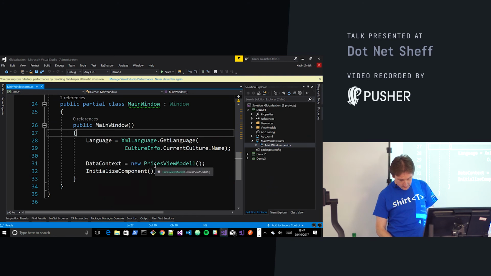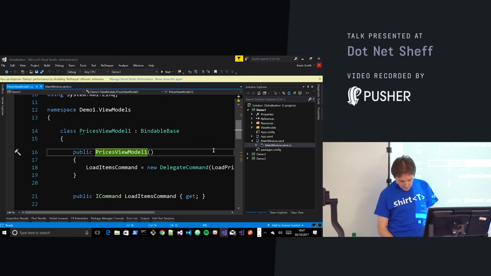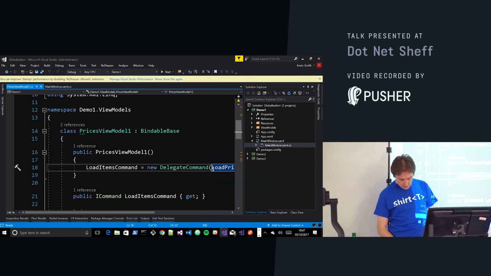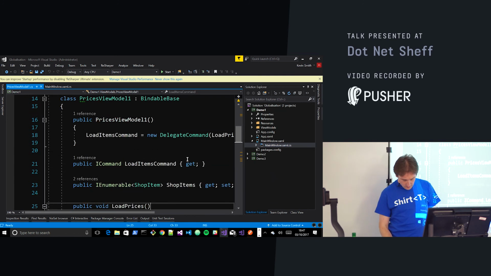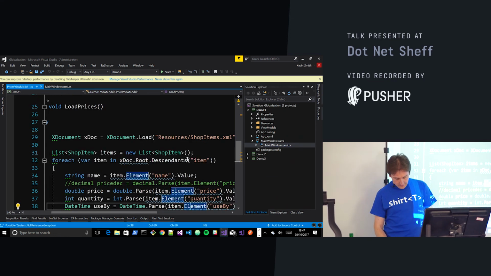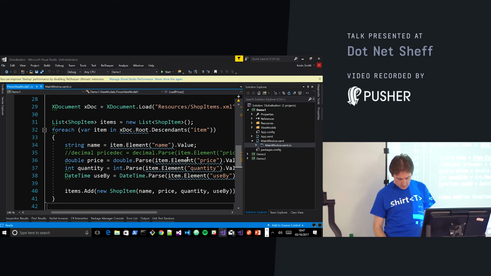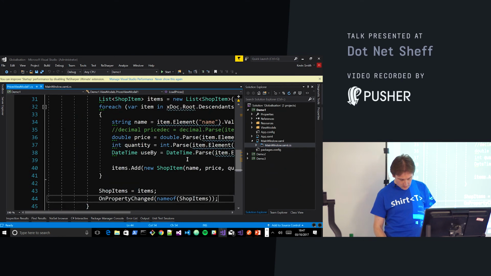In the main window, I'm setting a prices view model. In that, I'm loading a command, load prices, and further down here, I'm loading shop items.xml from resources, iterating over that, parsing the name, price, quantity, and use by date, and adding it to my shop items, which is bound to